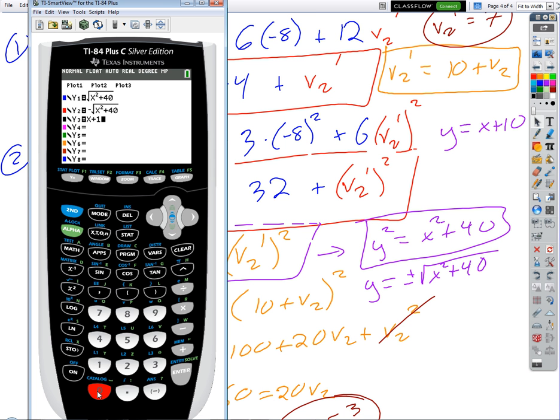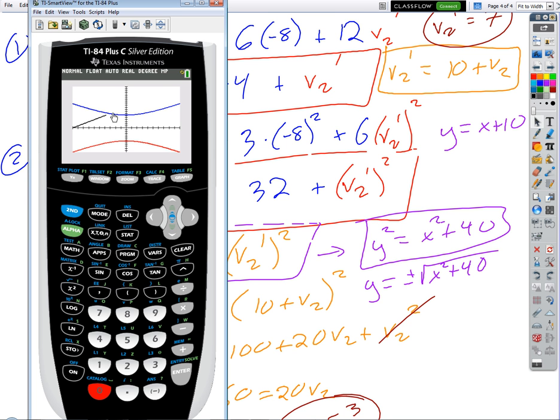And then let's go from negative 10 to positive 10 on x. So we'll let our window go from negative 10 to positive 10 and just go zoom 0. Okay, so there's y equals positive the square root of x squared plus 40. That's one lobe of the hyperbola, there's the other. And then here's our line, y equals x plus 10. If I were to move this out further, this bottom hyperbola is going to move away from the line and they're never gonna cross. So it's only got one solution.